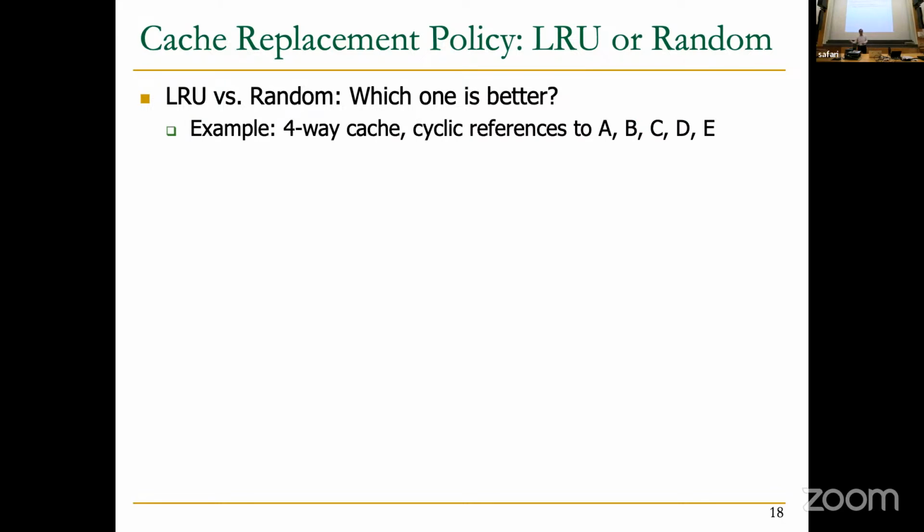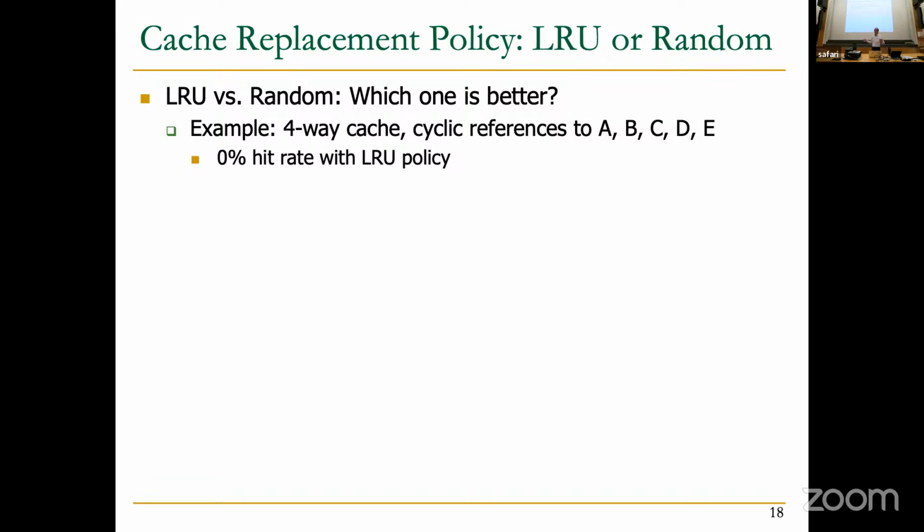We have a 4-way associative cache again, and we have cyclic references to A, B, C, D, E. I think this is correct. If this is what you have, with LRU, you get 0% hit rate. Right? This is called set thrashing. You're thrashing a single set, basically. You can only